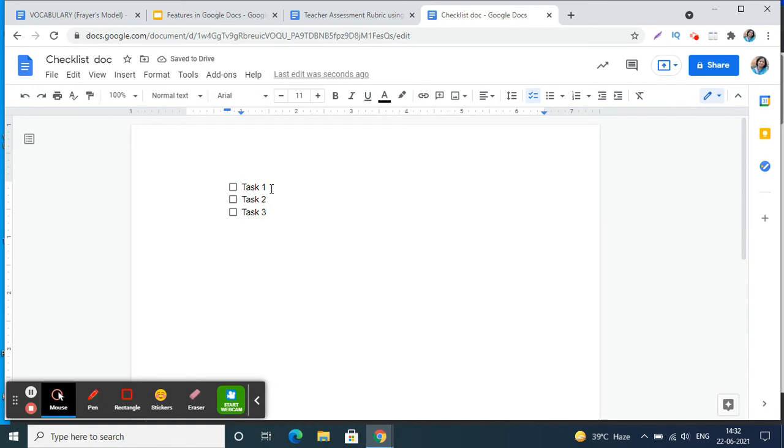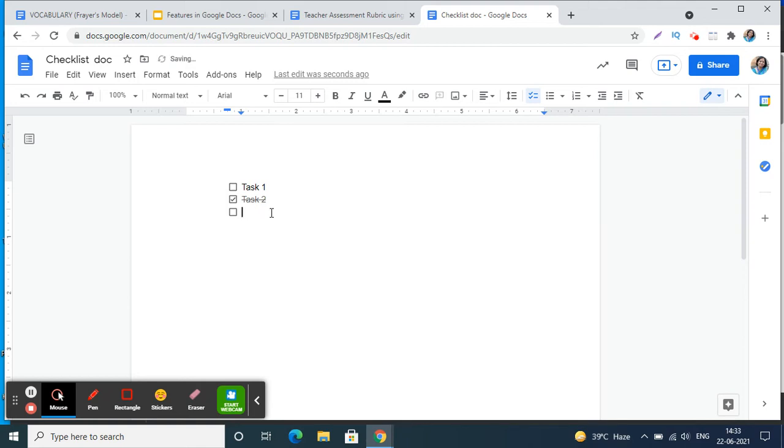Once you come to this document and you see that you have accomplished that particular task, you can put a check mark. When you put a check mark, you see that this task has a crossed line on task 2. That means this work has been done. So you are manually doing it, maintaining the data. So how easy it is to use the checklist.